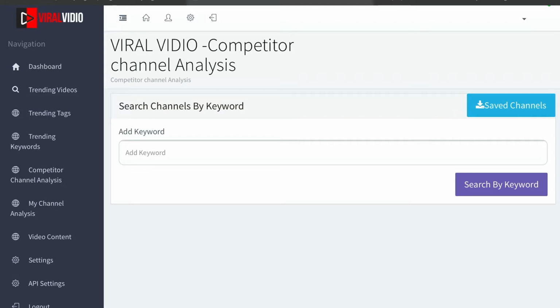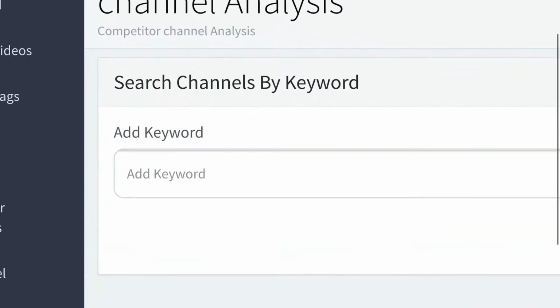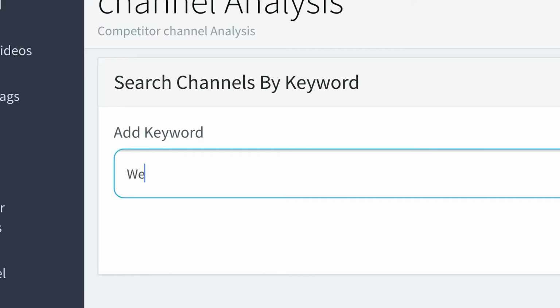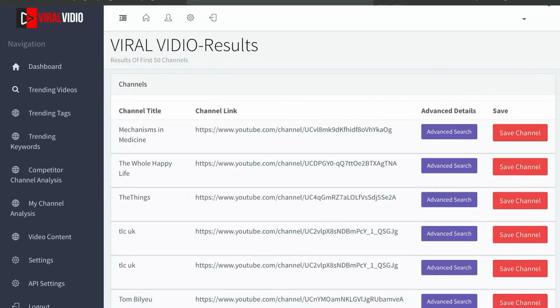We're going to move to the next step, and that is how to spy on your competition. Now what we have to do is just click on the competition channel analysis, and we are presented with this screen where you will find nothing because we have not done anything here. So we just need to add in the keyword here. Say we'll continue with the same keyword, which is weight loss, and we hit search results,